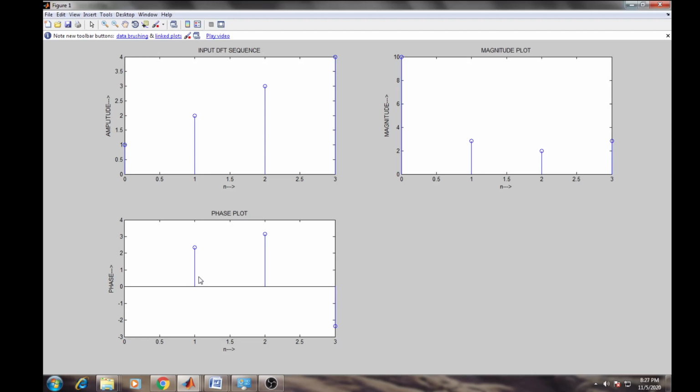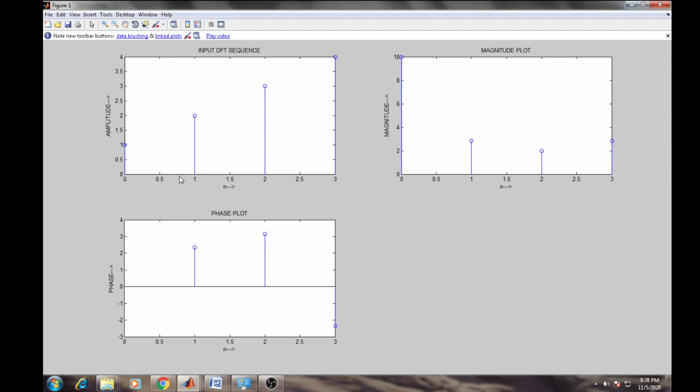With the help of the formula of phase as well as magnitude you can find these values, right? So whenever you write this experiment, at that time you go for theoretical calculation, and I will check that in your manual.